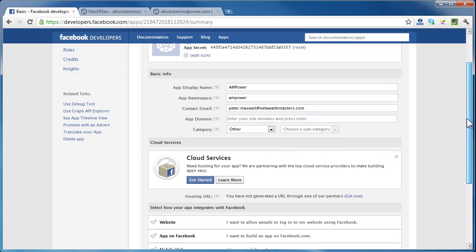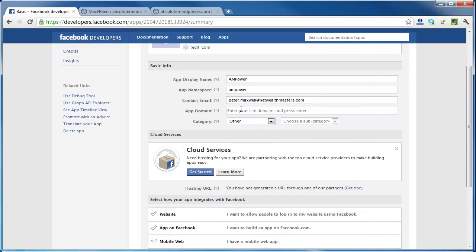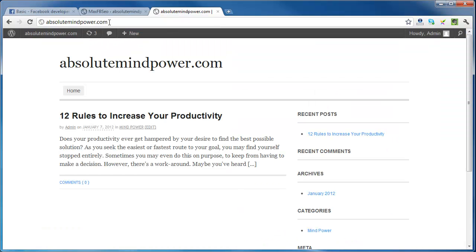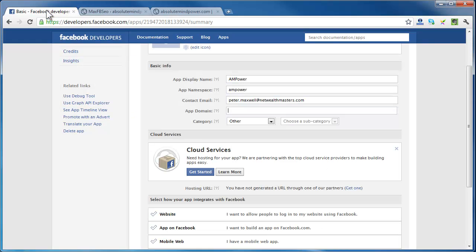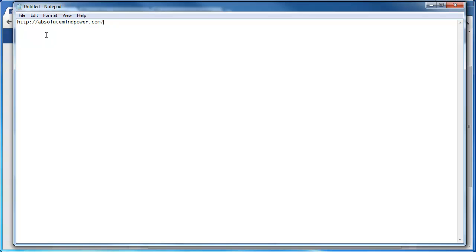A couple of things that you need to do here. You need to specify the app domain. Now that is a unique way that you need to set this up. It's actually absolutemindpower.com, like that, without the HTTP or the www. So you need to remove that, it's not going to validate it. The best way to do this is actually to just paste it in there, remove that part, and that's what you're looking for, just the Absolute Mind Power. You can type it in as well if it's short enough, but that needs to be the